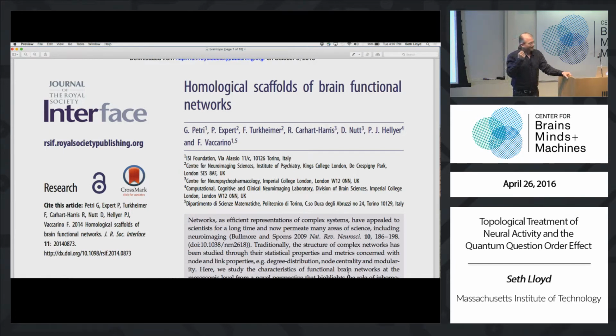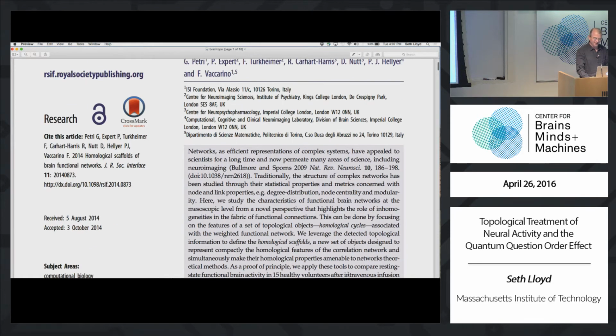And as this complicated looking article shows, people have been applying this to analyzing data from the brain. I'll actually explain what's in this paper. I'm putting this up for two reasons. The first is to show you that these methods look really fiendishly complicated.